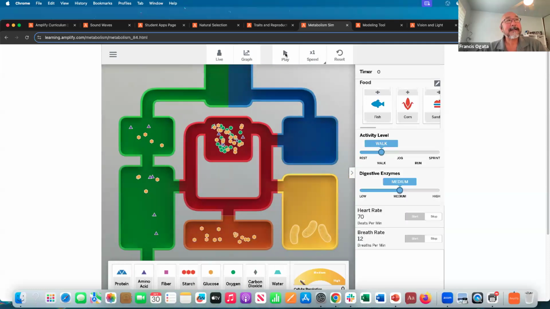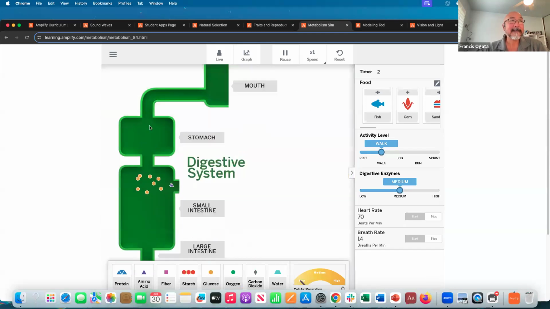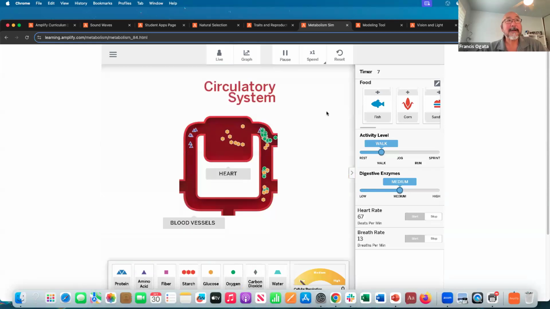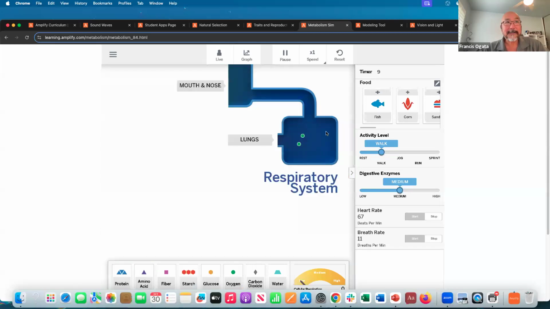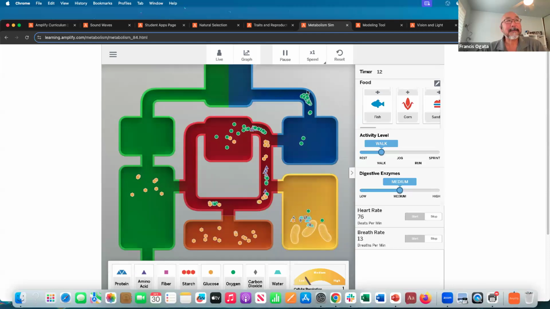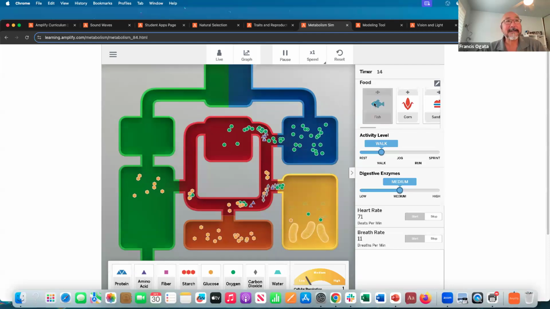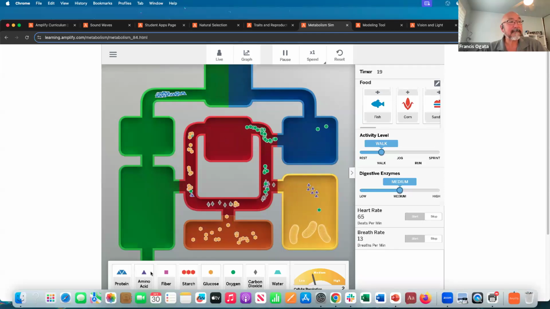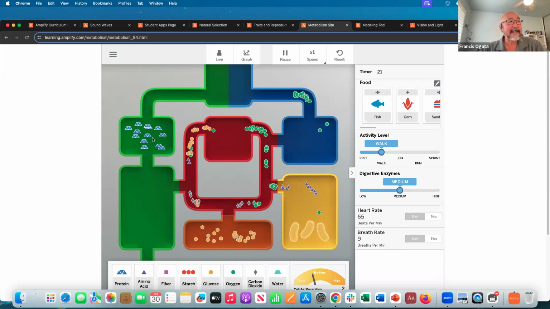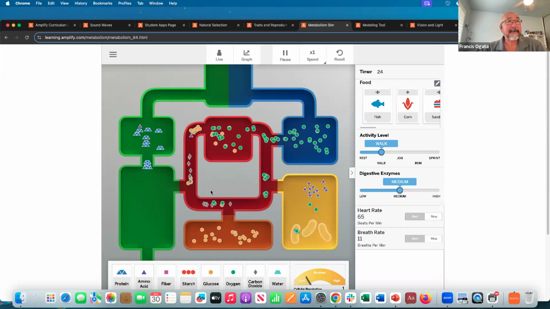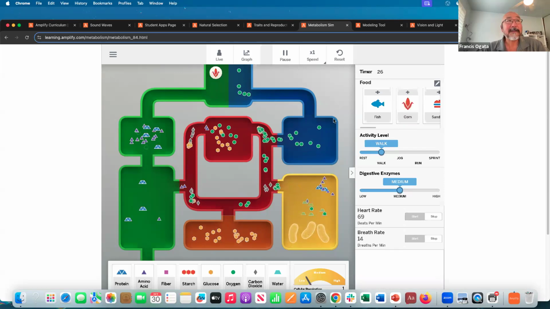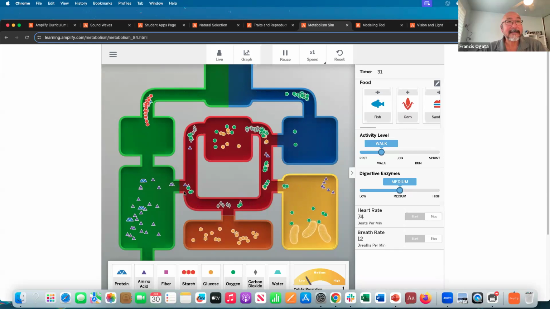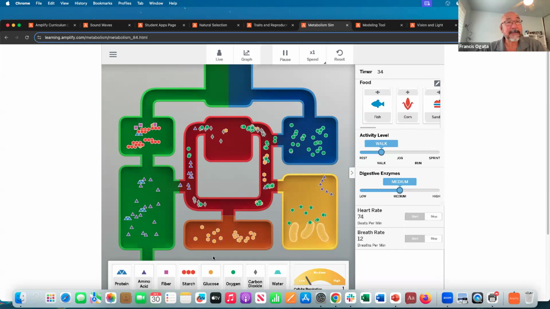One of the things is, if I play this one in the human body systems, when I run it, I can see what goes on within, let's say, the digestive system, or the circulatory system, or the respiratory system. Basically, they're also able to feed the system. I can feed it a fish, and I can see how that fish breaks down into proteins, right? You can see my stuff down here at the bottom. And I can see how those proteins enter into the bloodstream. Or if I feed it corn, I can see how corn breaks down into those pieces so that they can see those starches and the glucose, right?